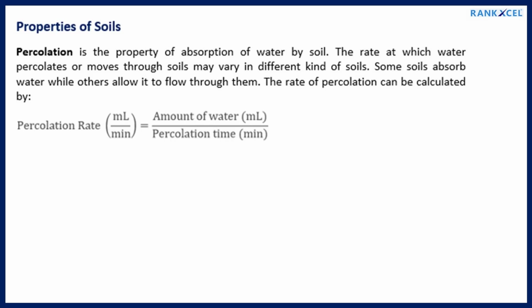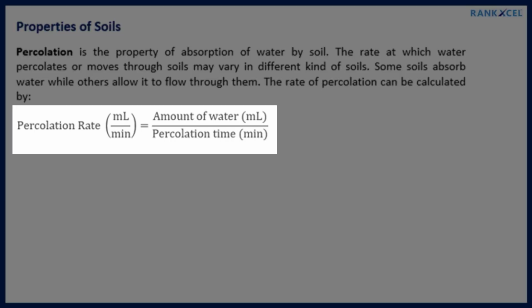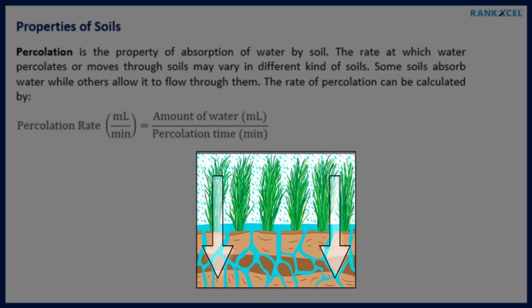Properties of soils. Percolation of water through the soil. Percolation is the property of absorption of water by soil. The rate at which water percolates or moves through soils may vary in different kinds of soils. Some soils absorb water while others allow it to flow through them. The rate of percolation can be calculated by